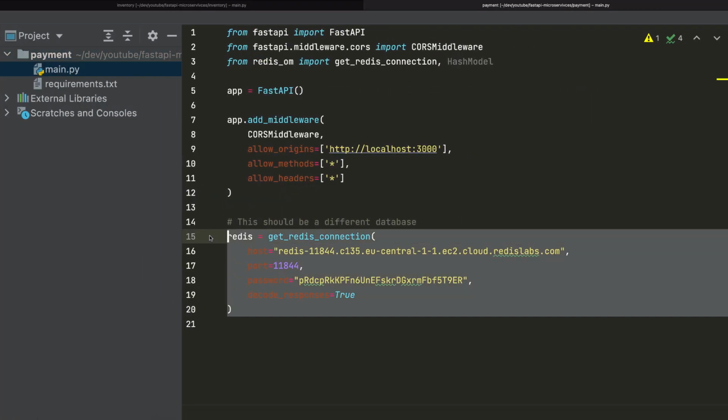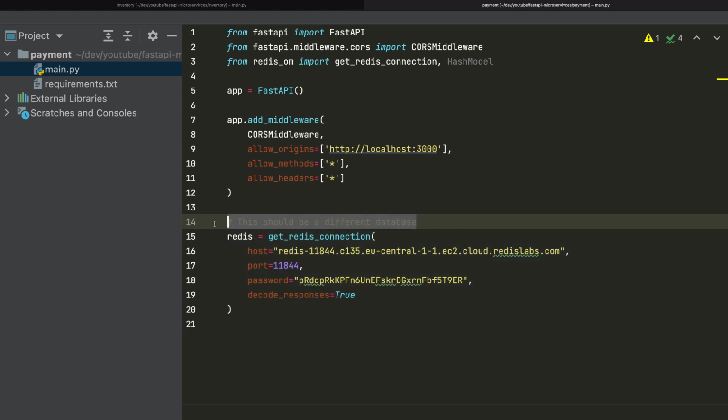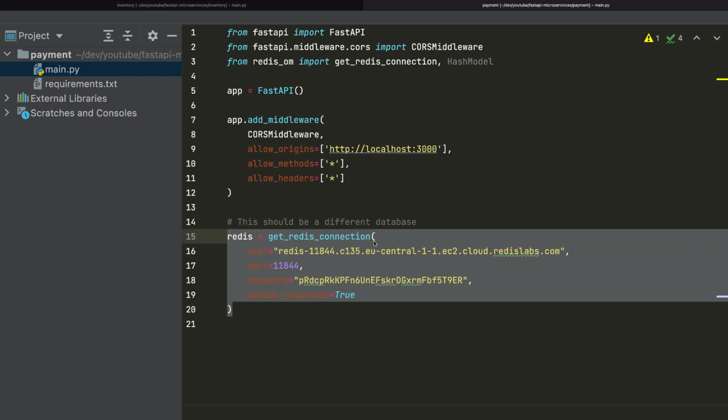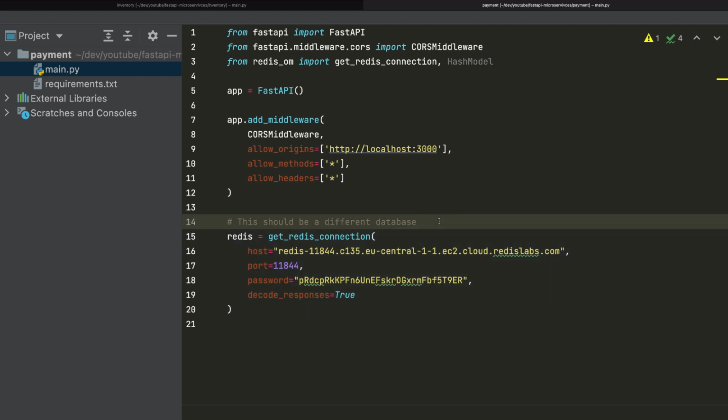I will use the same database, but keep in mind that this could be not a Redis database, but a MongoDB or a MySQL database. So this is not a problem in what I'm trying to teach you. And now let's create the